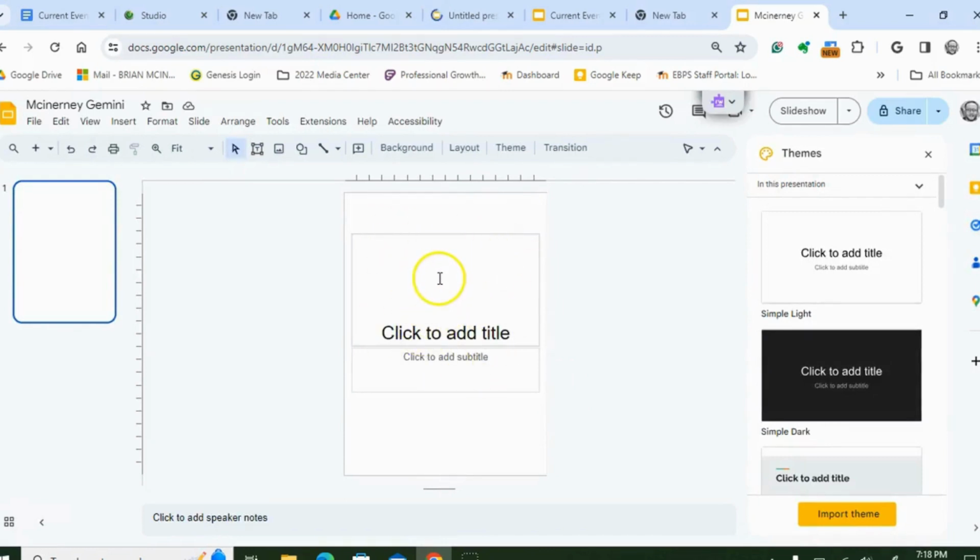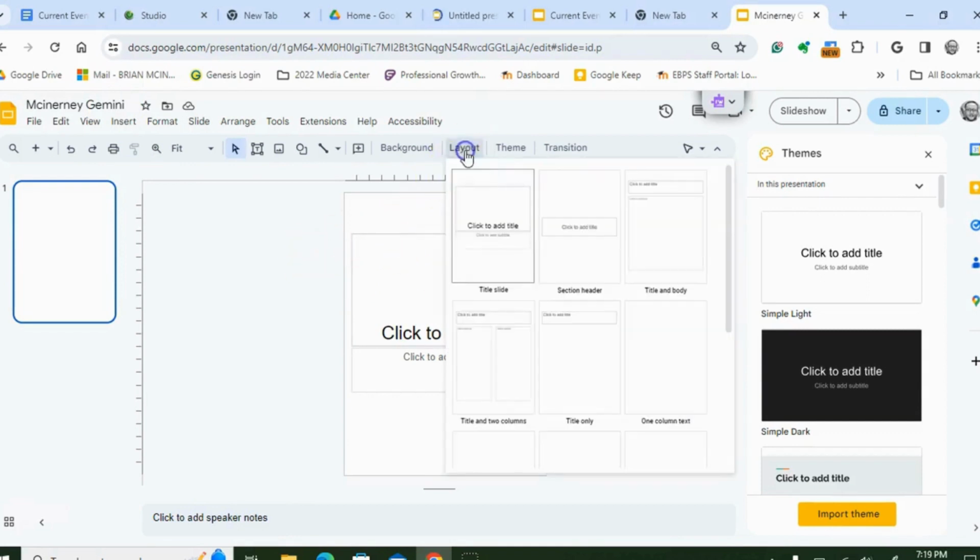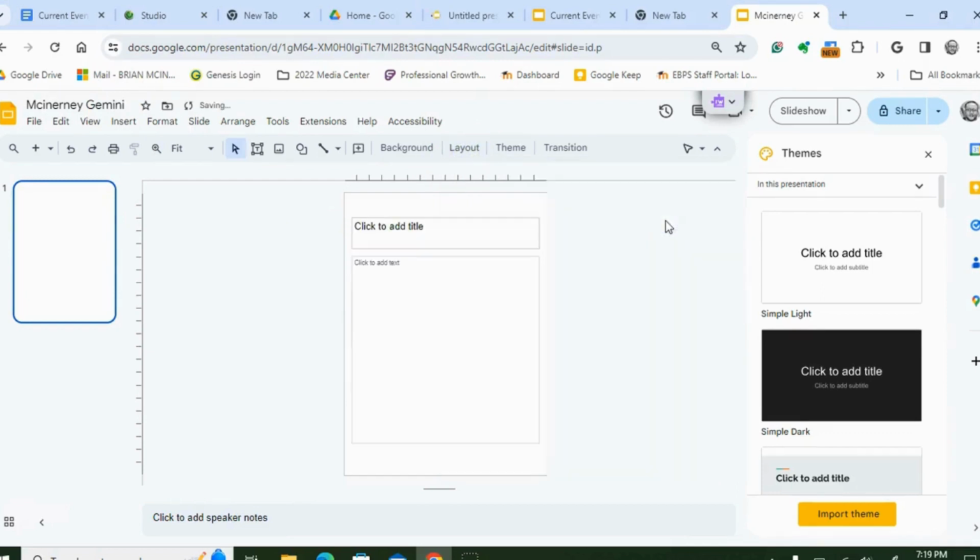So that's the first part of the assignment. We've named our slide presentation, and now we've changed the page setup. The next thing we're going to do is go to layout, okay? And what I want you guys to do is use title and body for layout. This is going to be the easiest for you to work with. We're going to put our title up here, and that's going to help you create a succinct presentation that is